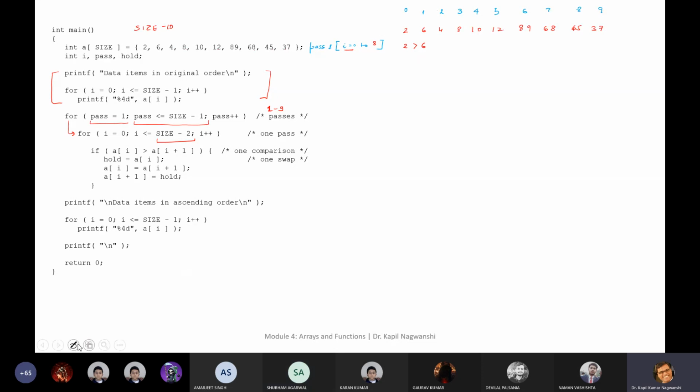False. So that's why we will not enter inside the loop. Let me delete this.